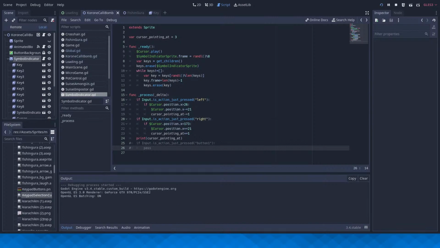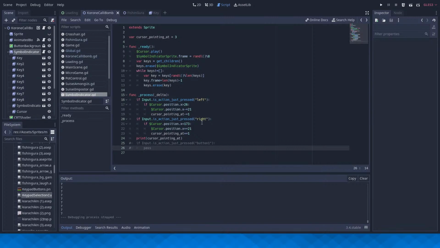Alright, I'm gonna keep recording the editor because we need to look at the output section. So, switch, alright, play game. Skip this. Alright, I'm far left and far right. Okay, that's working fine. I wanted to make sure the index was correct.